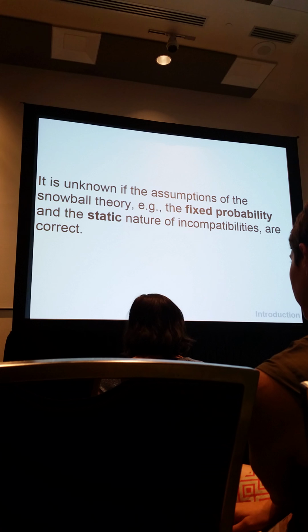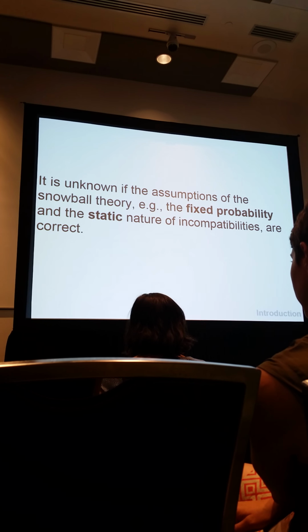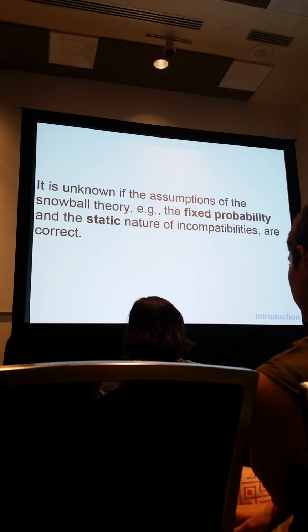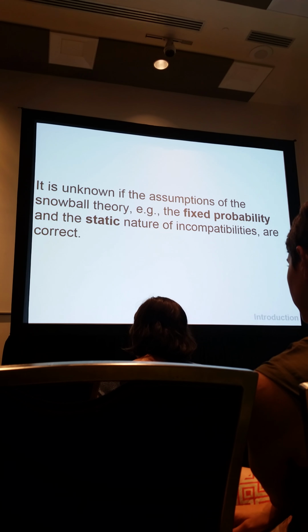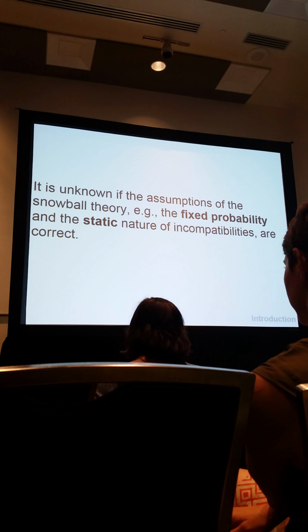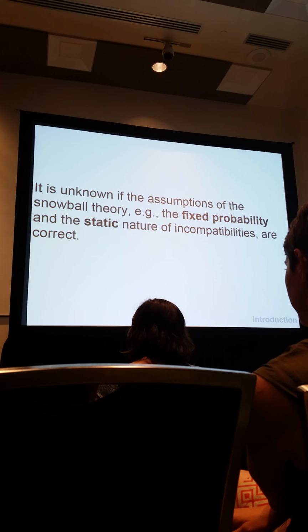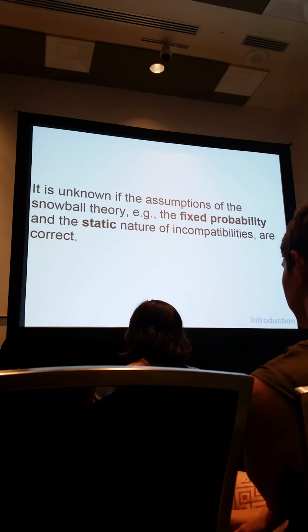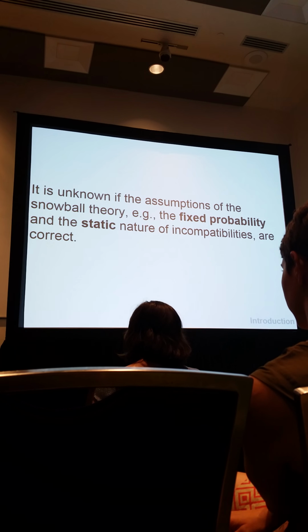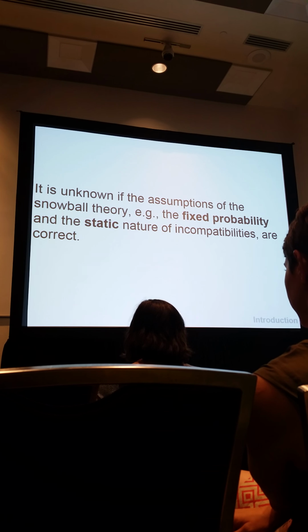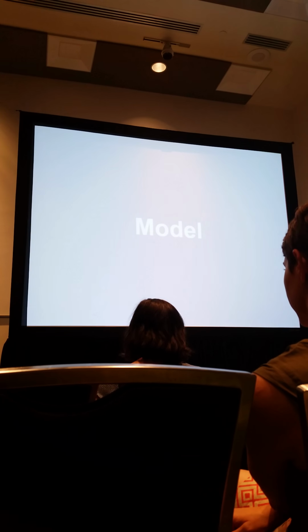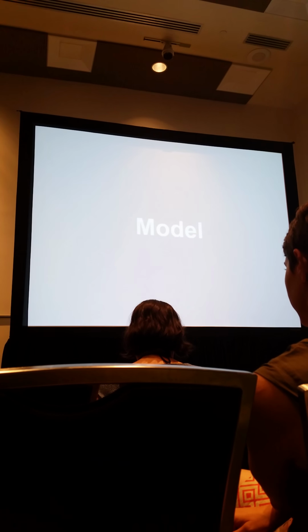Now, the problem is that as complicated as these studies are, the complexity itself makes it very difficult to study the snowball theory because there are a lot of assumptions made by the snowball theory, like if the probability of getting an incompatibility is a fixed quantity, or if the interactions are static, so once an incompatibility arises, it's not going to go away as you get new mutations. And the real organism is so complicated that you can't really answer these questions. Even counting incompatibilities is pretty hard work. So what I tried to do was to come up with a very simple model, probably the simplest you can think of, in order